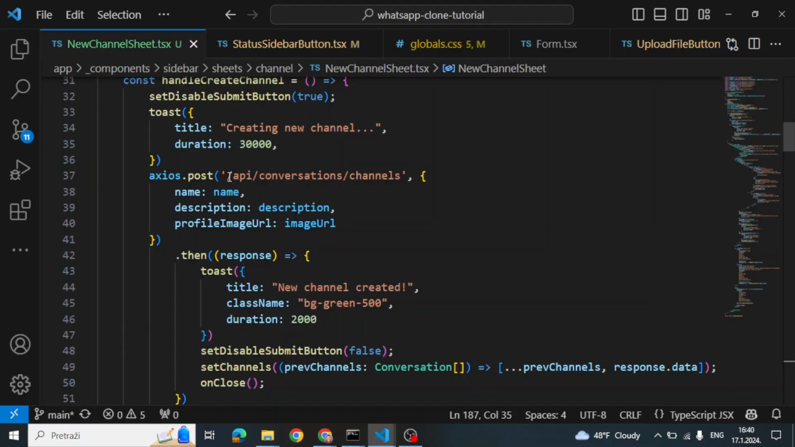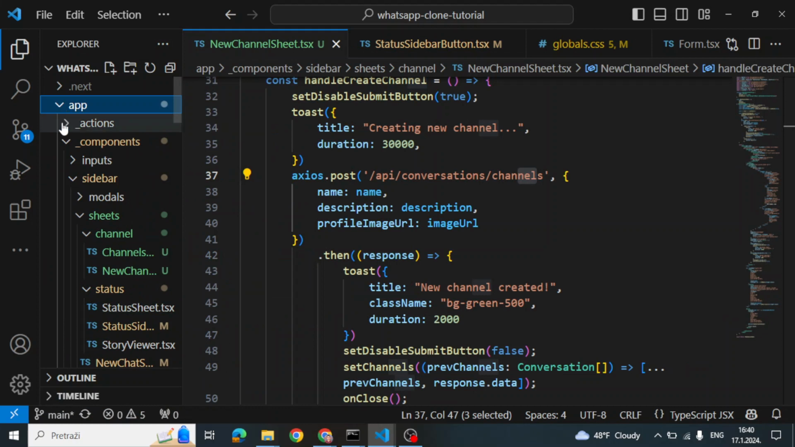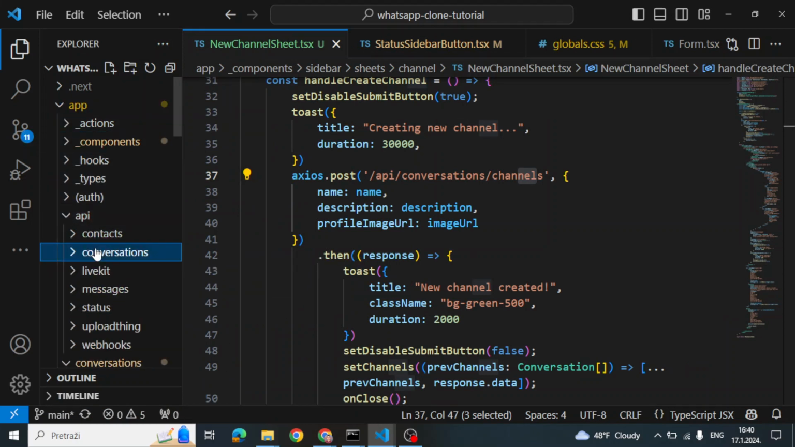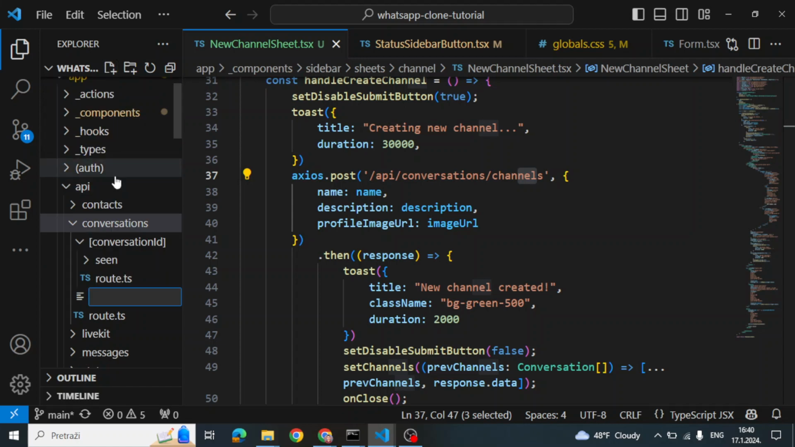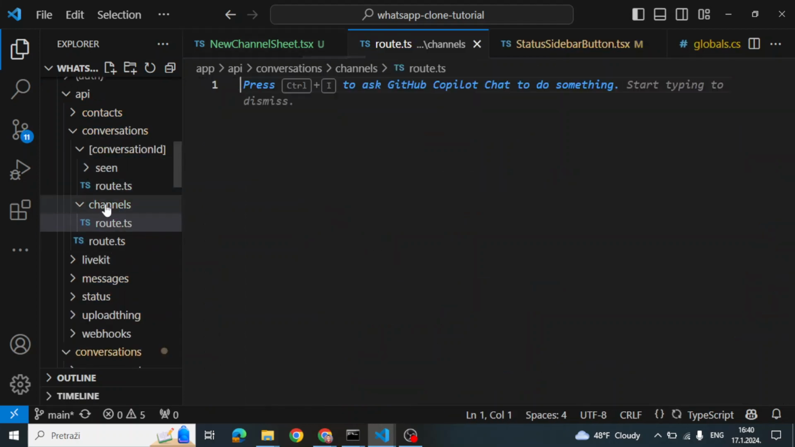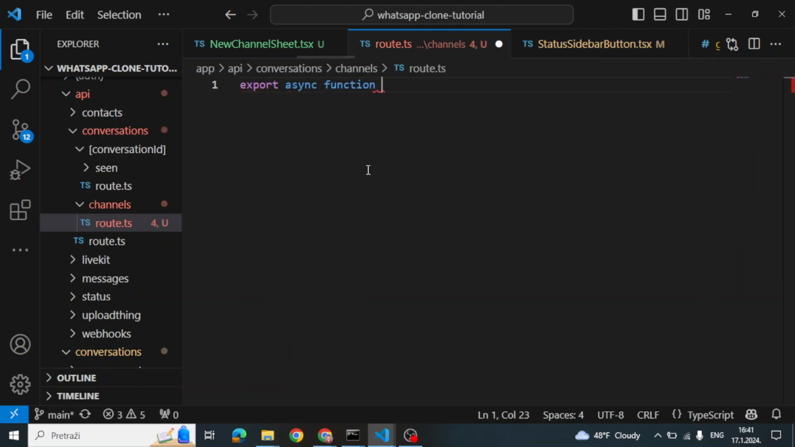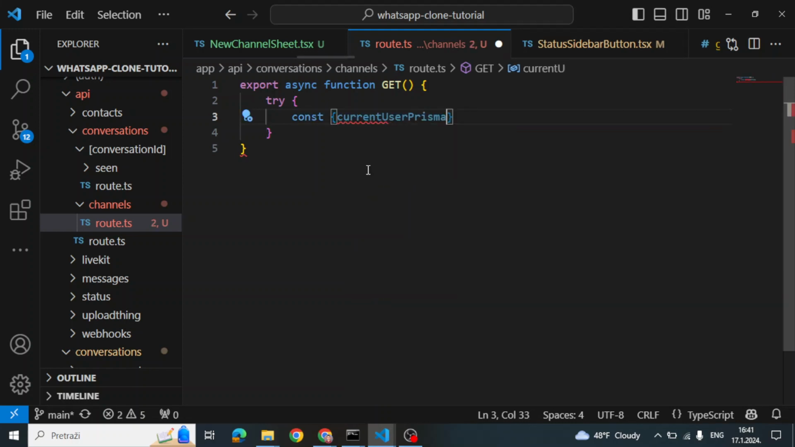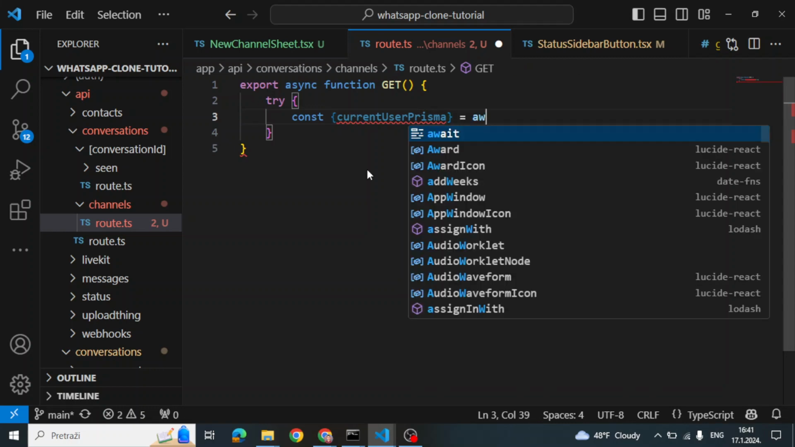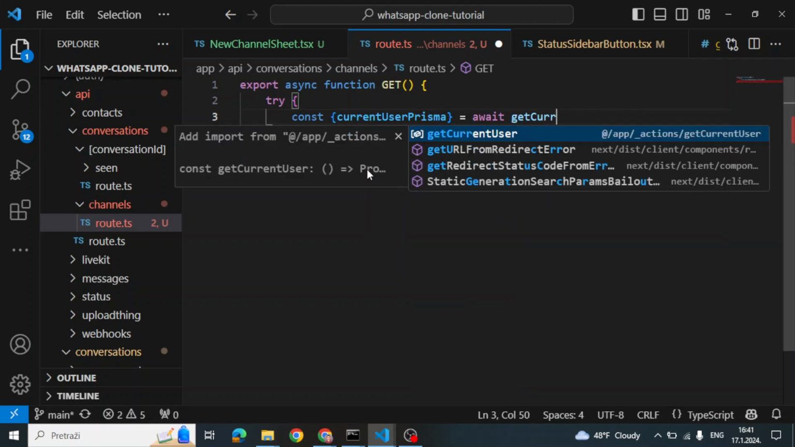So we need to create API at api/conversations/channels. So let's go here in our app. Let's find api/conversations, and inside there should be a file that's gonna be channels/route.ts. So the folder channels, route.ts. This one is not crazy hard to do, so export async function GET, and then we will do try, and then we will say const currentUserPrisma. That's gonna be await getCurrentUser,